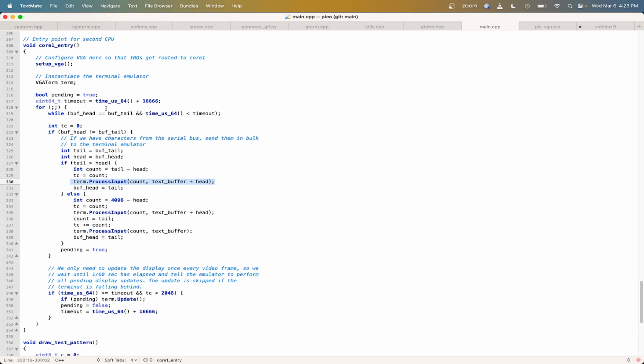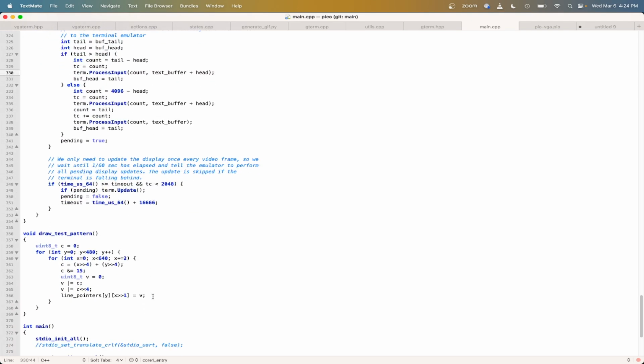And then I've set up this timing situation so that it only actually tries to update the display 60 times a second. If you do it faster, it's wasted effort, and also it makes the cursor look really weird as it gets split. So anyway, yeah,